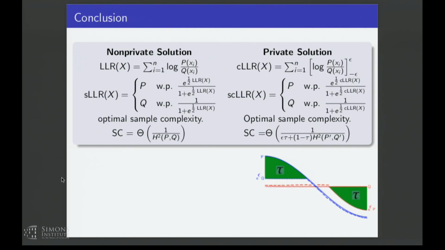So the first thing we did was replace this deterministic test with a randomized test. And we said this randomized test has optimal sample complexity. We don't have the "exactly" anymore. We have asymptotically optimal sample complexity. Okay, and the main contribution of this work is this side of the